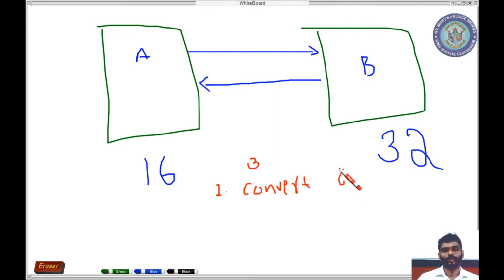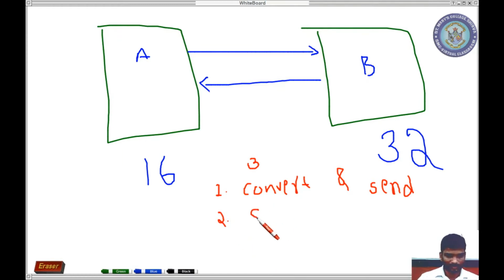Convert and send. Convert the information to the receiving format, whatever format is used. For example, convert the data to the 32-bit representation, then transfer the data. Is it clear?